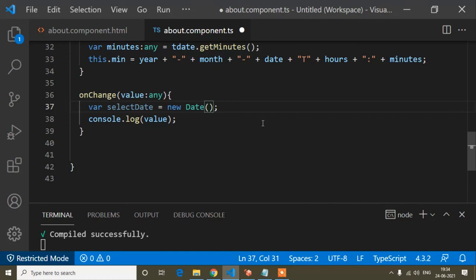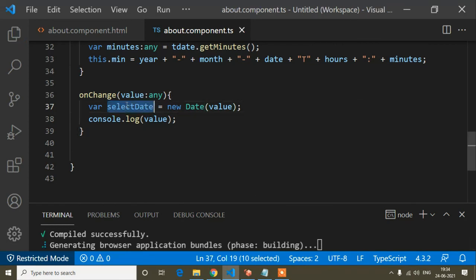One thing, suppose you set any value in this new Date, like January 20, then it will return that. But here I will not pass any static date. I don't need a static date. What I need to pass is what the user selects, so I need this value.